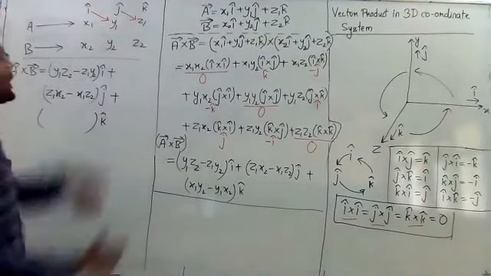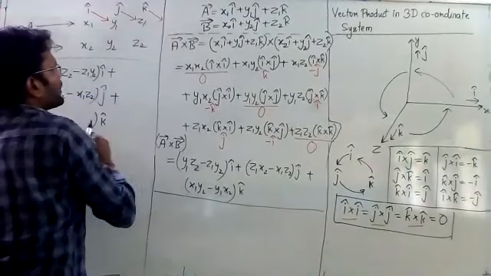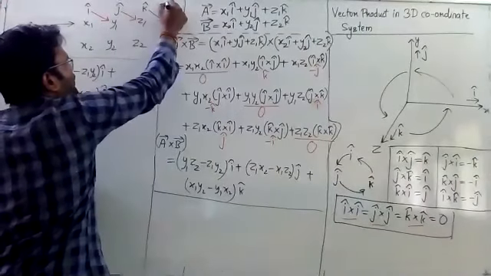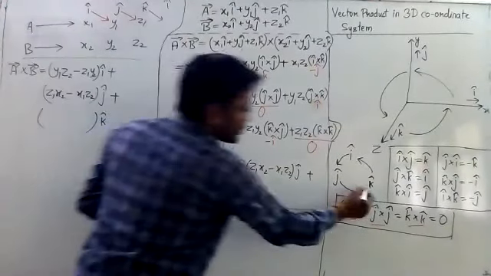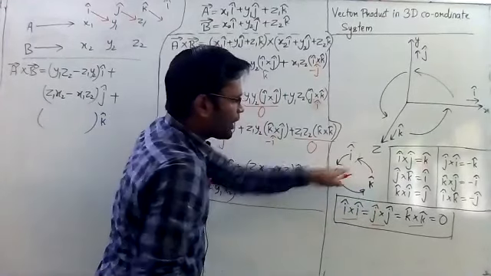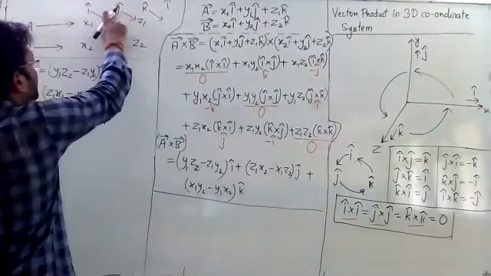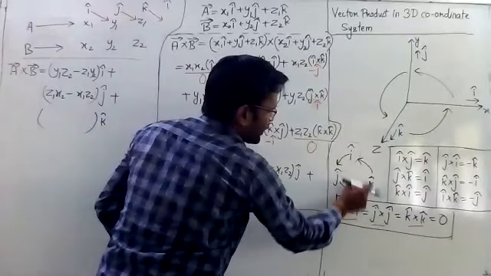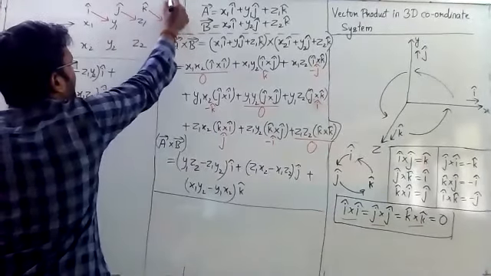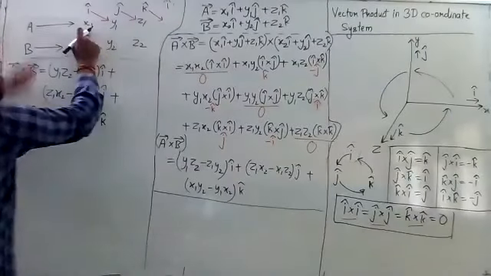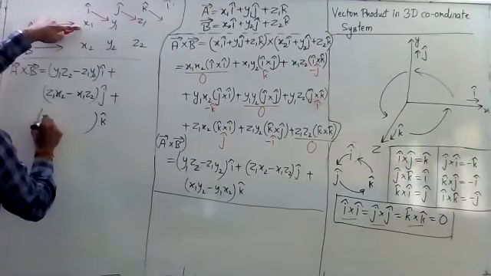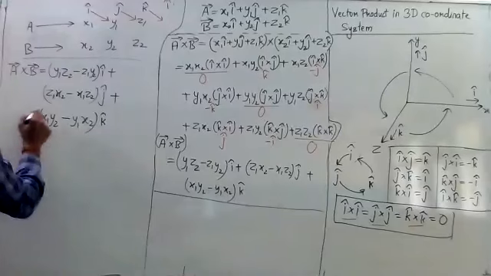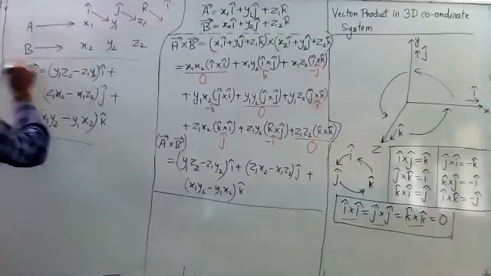Plus the coefficient of K cap. For this we should start from here, but nothing is available, yet we know that in the sequence after K we are having I. After I comes J, that's why I start with the coefficient of J. After J comes K, so I start with the coefficient of K. After K comes I, so I start with the coefficient of I. So X1 Y2 minus Y1 X2. Okay, so this is the vector product I have got for A.